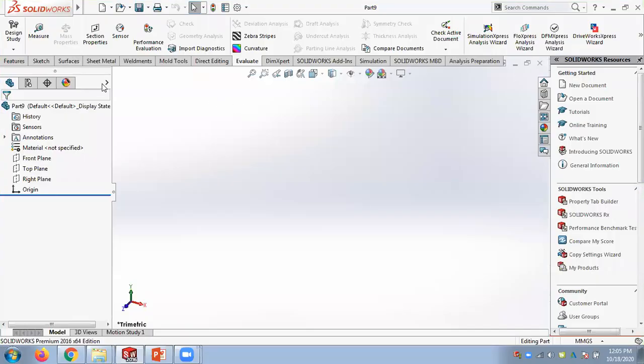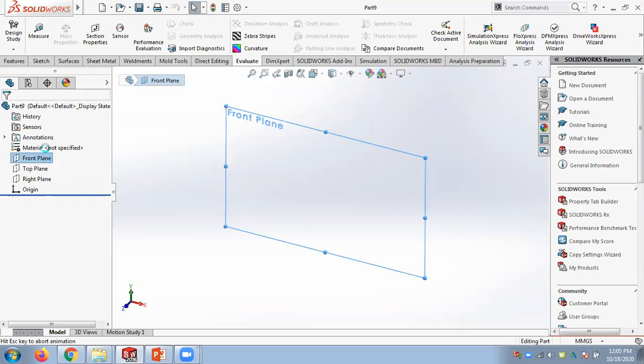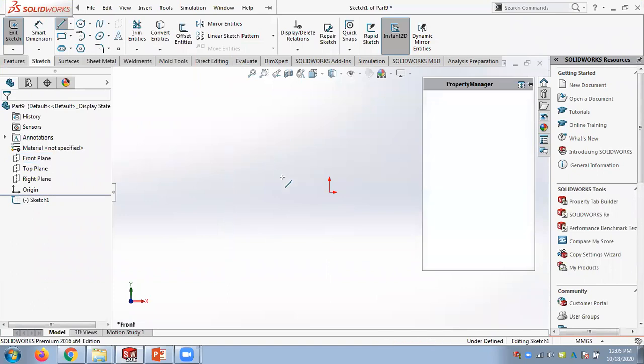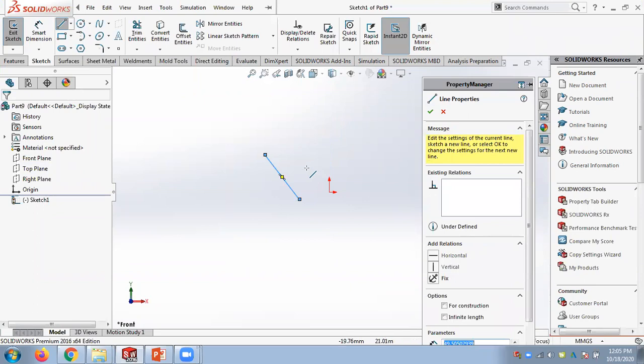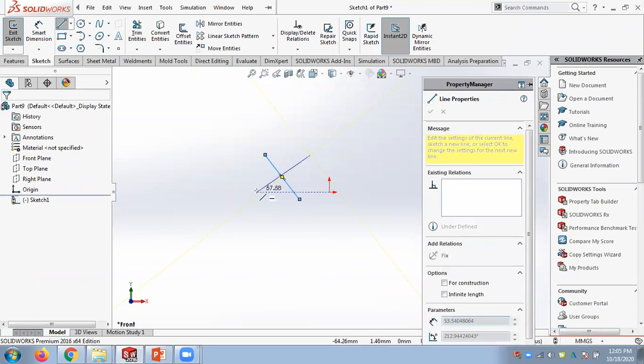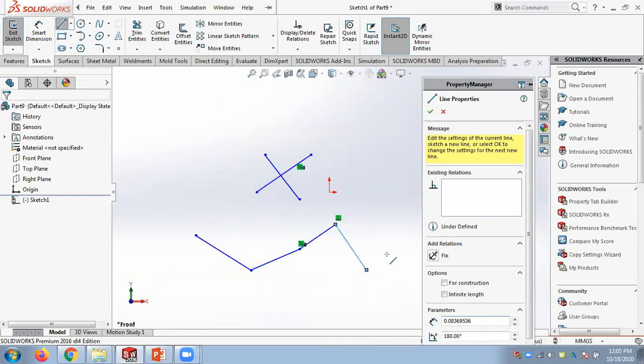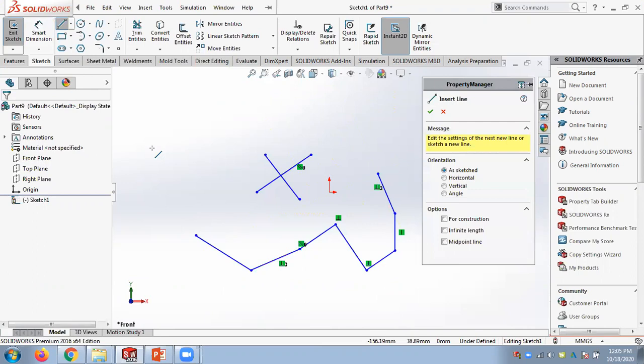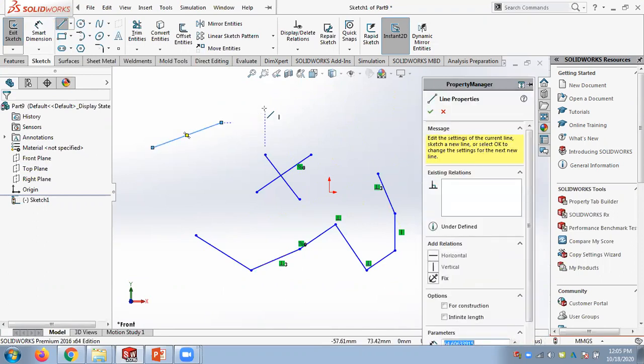So we will draw a simple sketch with lines. If you want to draw a single line, you can press the left click and release. Now what I did was press the left click and release, and it draws me a single line. If you click and release, this is a continuous line. I'm clicking and releasing the mouse, clicking and releasing the mouse. If I just continuously click, it will only draw me a single line.